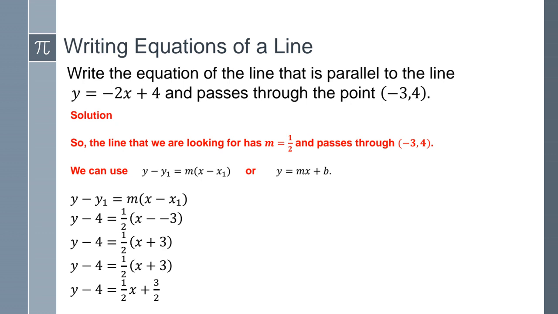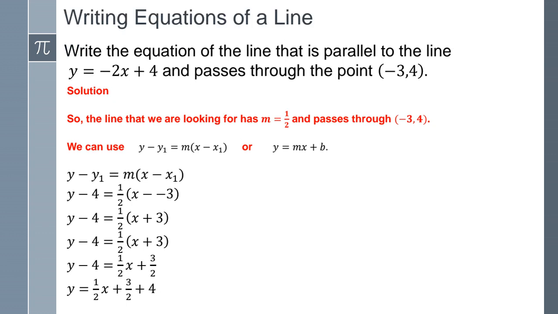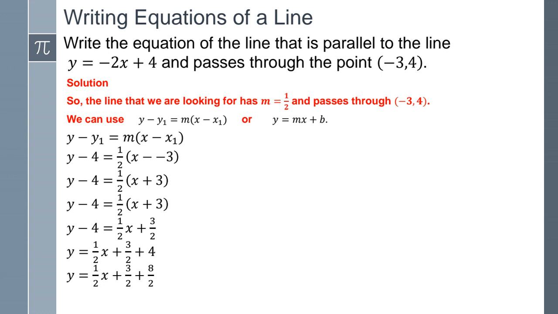So this negative 4 has to go to the right. So we're going to add 4 to both sides. On the left side, the negative 4 plus 4 will give us 0. And now we have to add 3/2 plus 4. So here, guys, we have to find the LCD, right? The LCD is 2. So the 4 becomes 8 over 2. So we have 1/2 x plus 3 over 2 plus 8 over 2. Now we can add the 3/2 plus the 8/2, which will give us 11 over 2. So my final equation is 1/2 x plus 11 over 2.